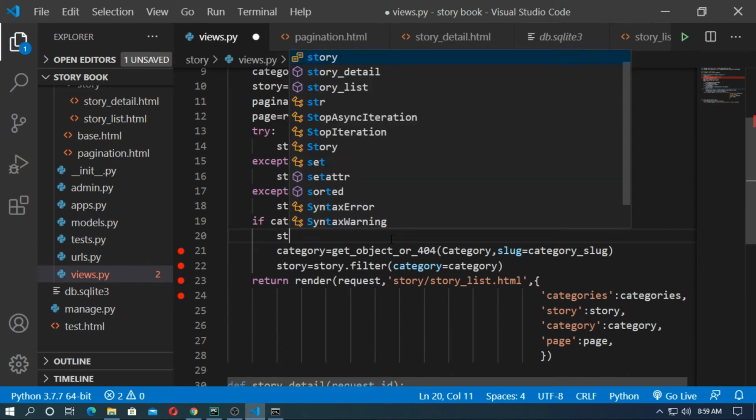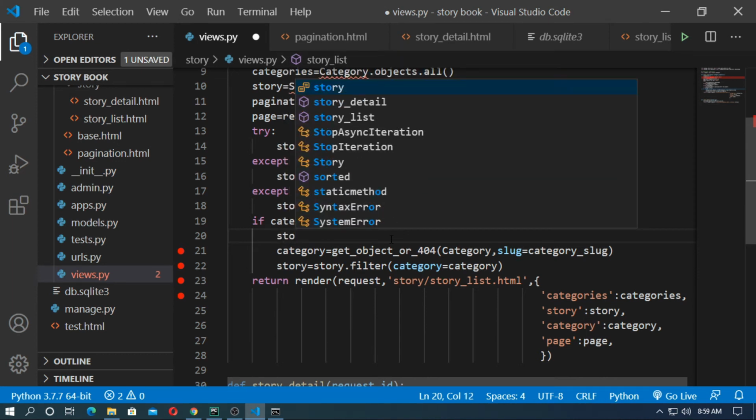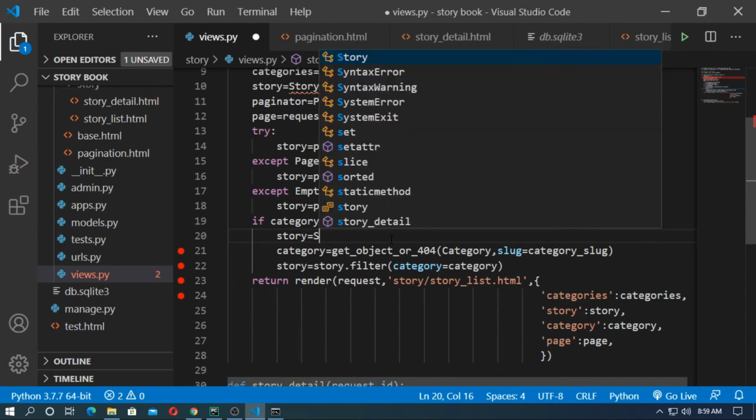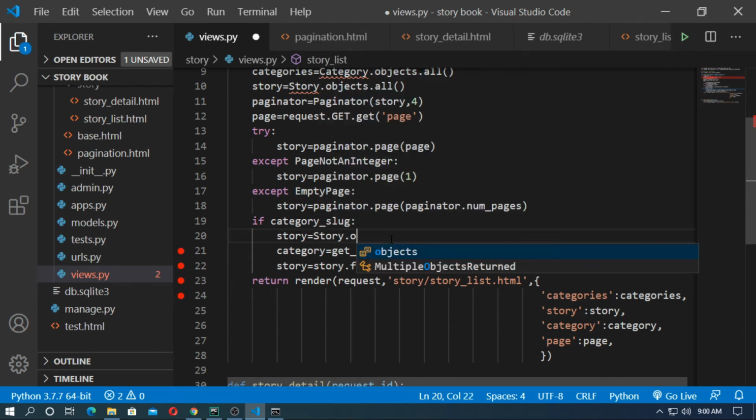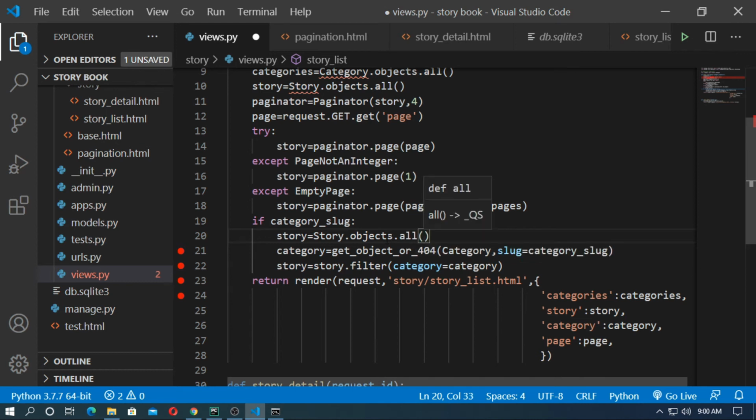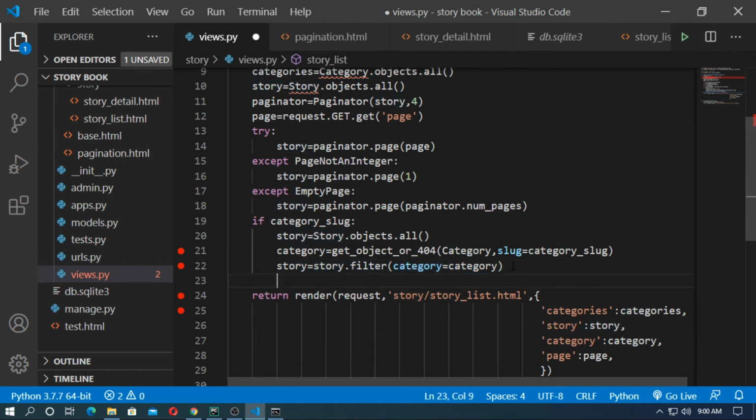At first the story variable contains all the stories. So story equals Story.objects.all. Okay, then filter the story by category. This category the user will choose. So this story will be filtered by the category, and then type the same code.